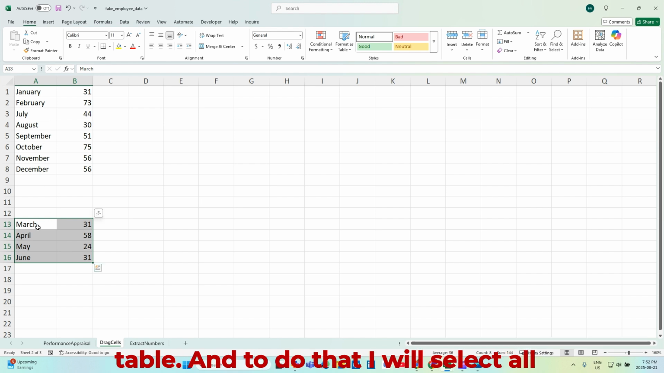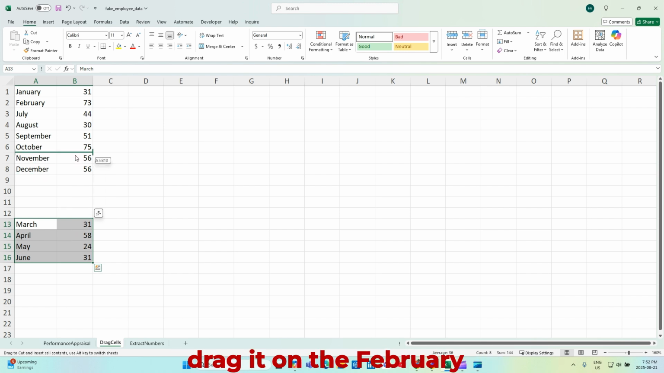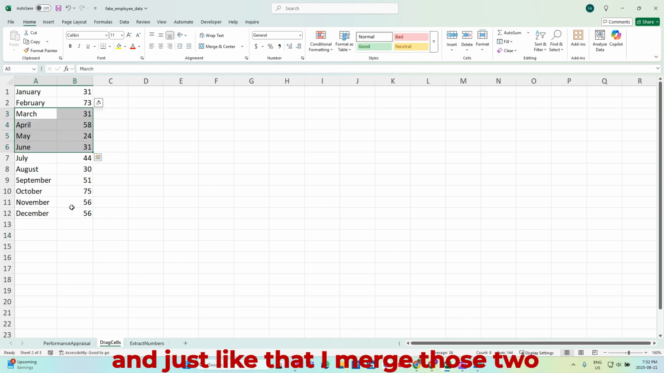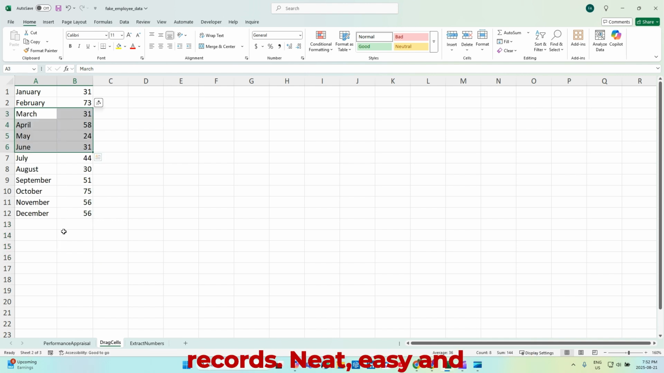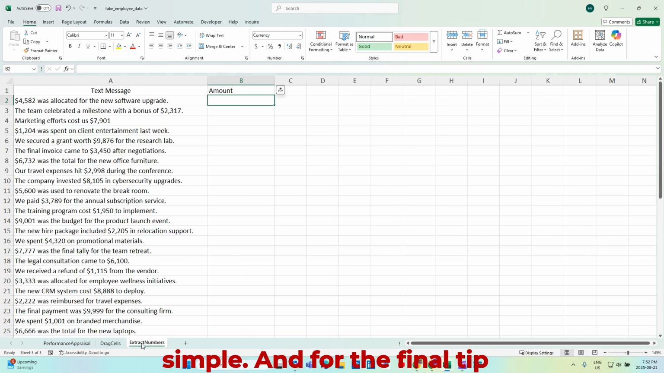And to do that, I would select all of the data as so and hold the Shift key. And now I'm going to drag it onto the February. And just like that, I merge those two records. Neat, easy, and simple. And for the final tip, I just received data from my boss, and it's text messages